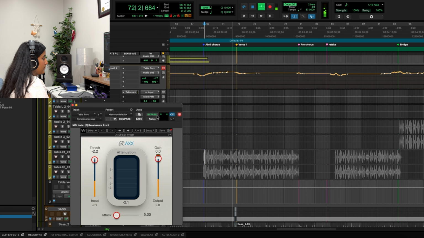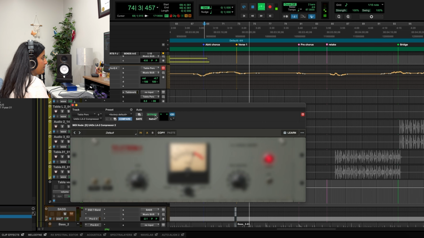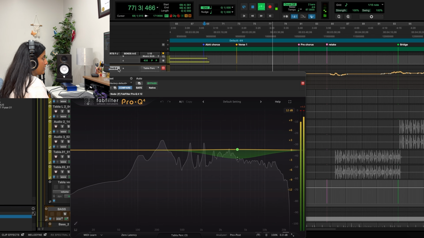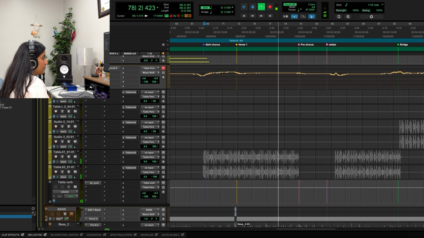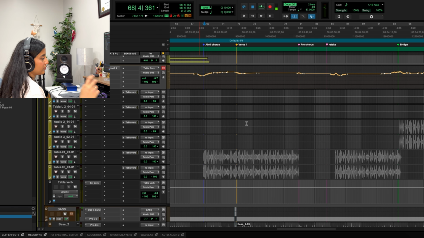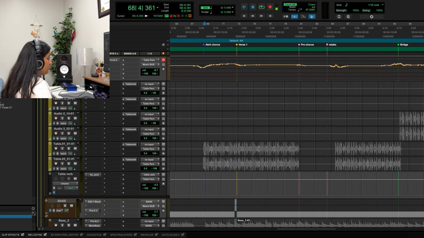Then this is having quite an attack. This is punching it, like on the LA-2A. I have used multi-mono because I needed to control the sides, right? Because both of them are on the sides. And on the bass,